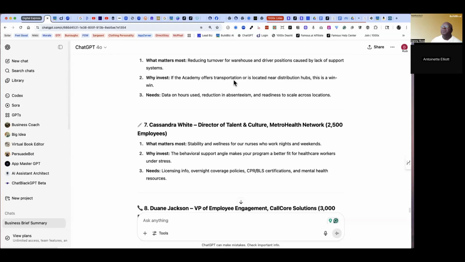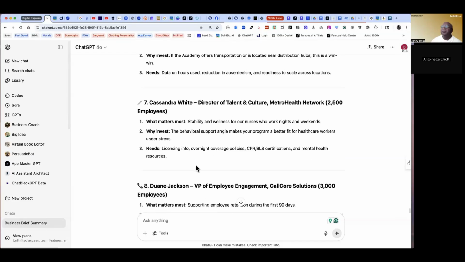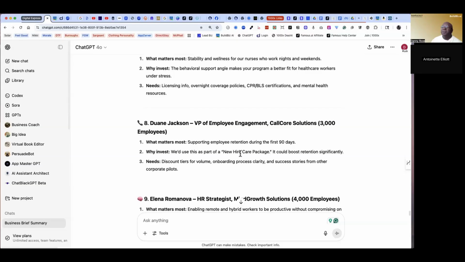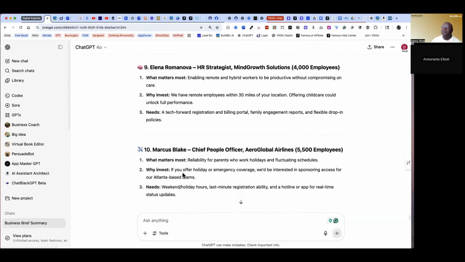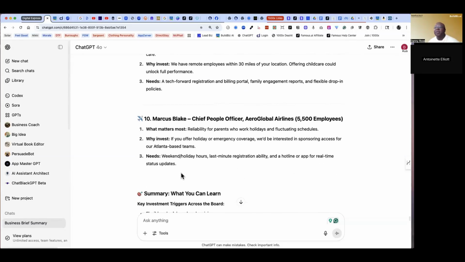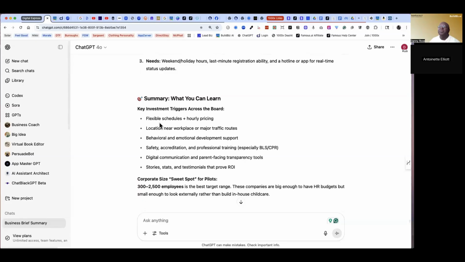The Academy offers transportation or is located near distribution hubs. That's for the bigger one, 2,000 employees. Behavioral support angle. We'd use this new hire care package. Remote employees within 30 miles of location, offers unlock full performance. Bring in people that live further out. Drop the kids off on the way to work. And okay, so flexible hours. Here are the key things that you would include in your marketing right here.